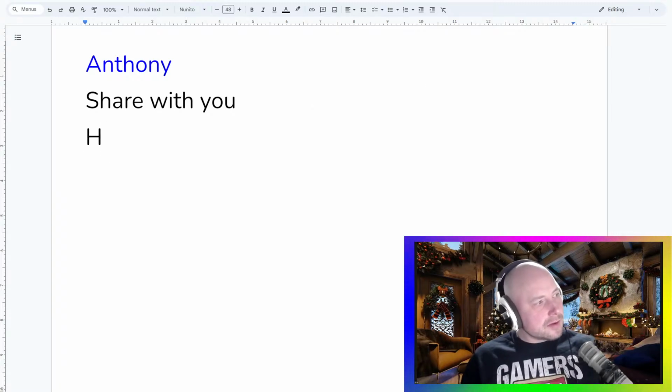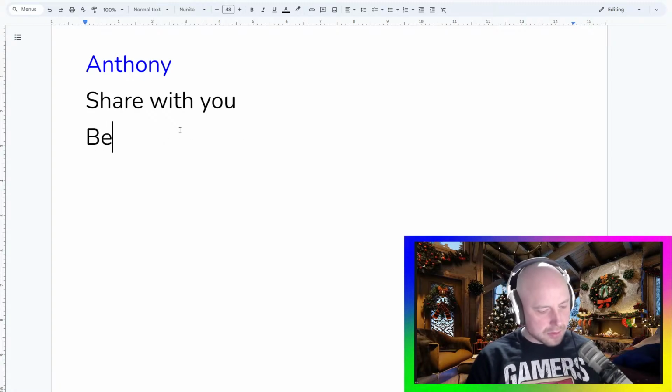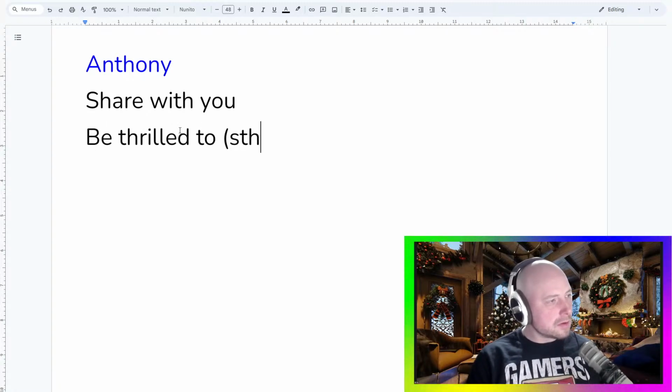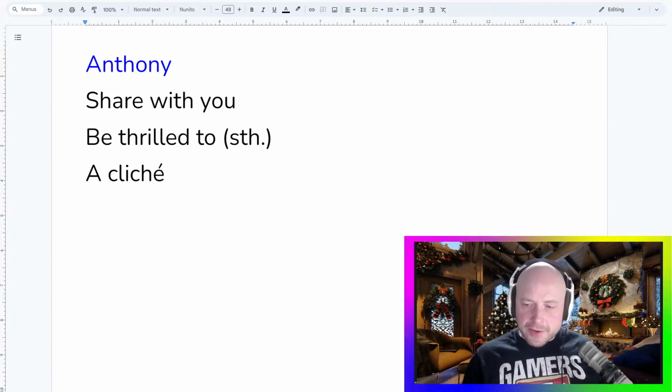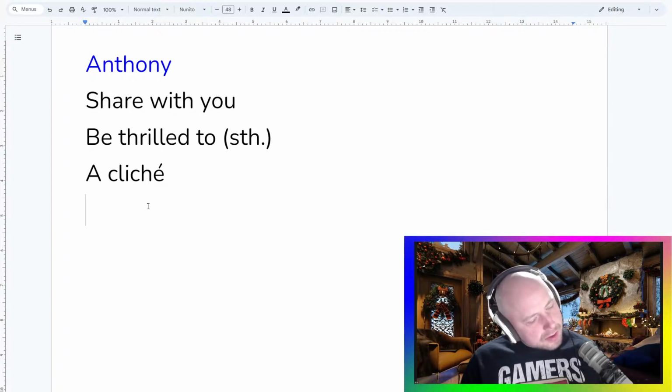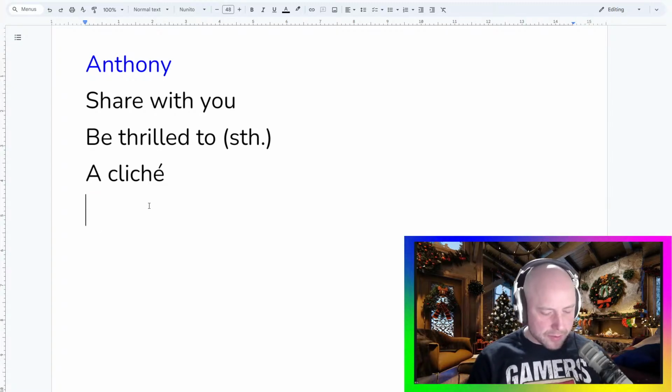Tonight, I'm so thrilled to share with you about a cliche but classic story of a Sherwood thief turned hero, Robin Hood. It's been believed that at his time, the rich paid no taxes. But what did you say about turned hero? Turned hero. Of a Sherwood thief turned hero. Thief turned hero. Robin Hood.